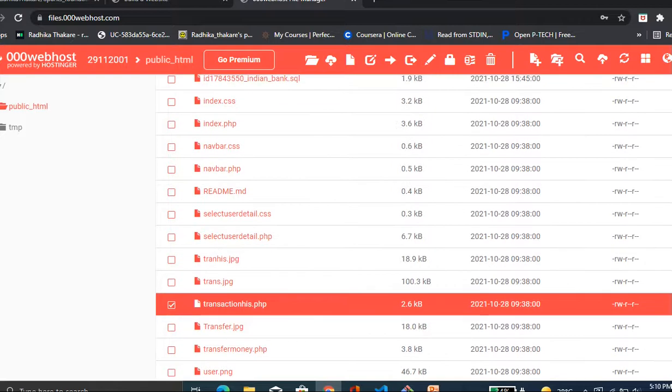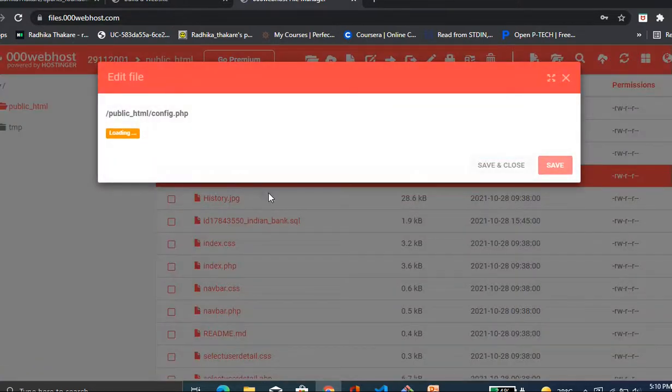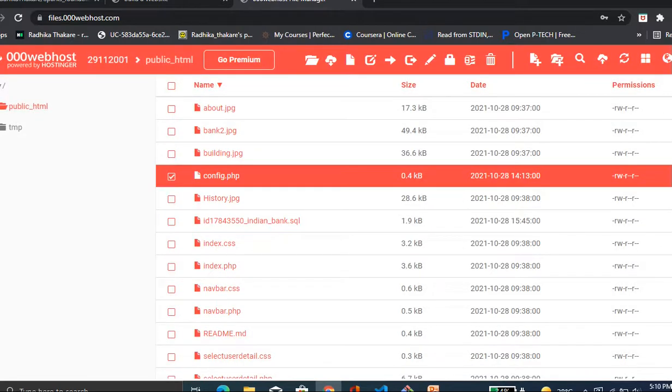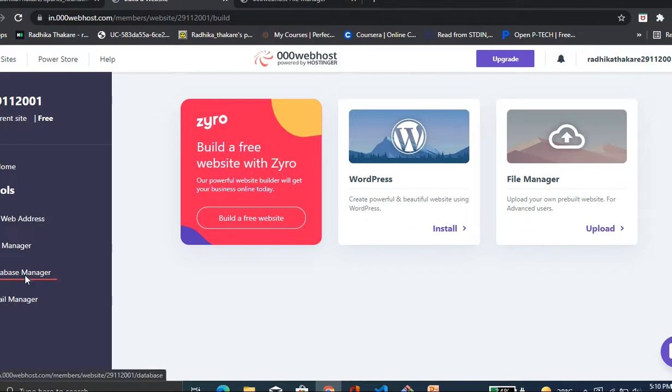And this is config.php. I have written the connection statement in config.php and imported it wherever it is needed. So we will go into Tools and then the Database Manager.